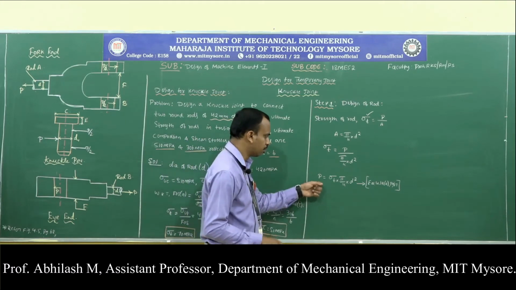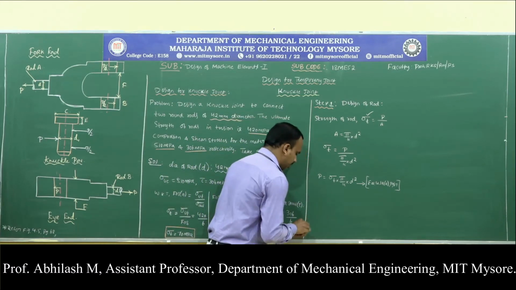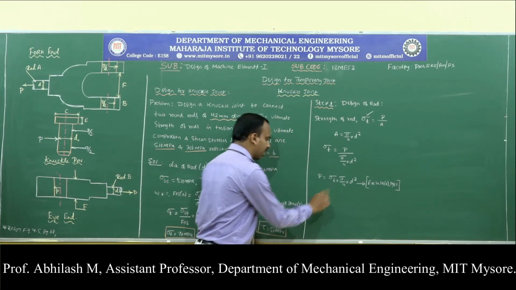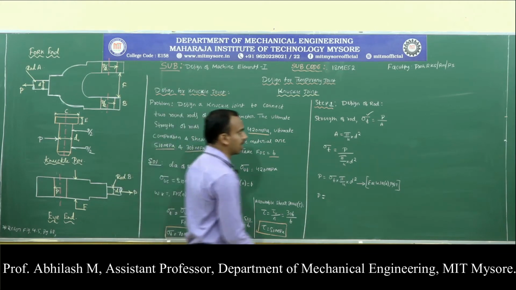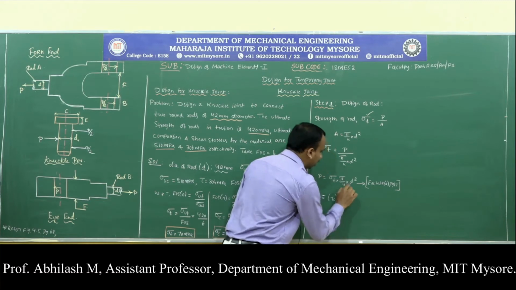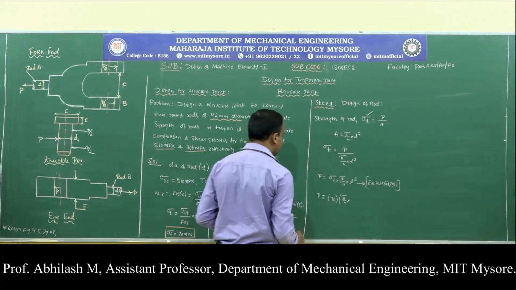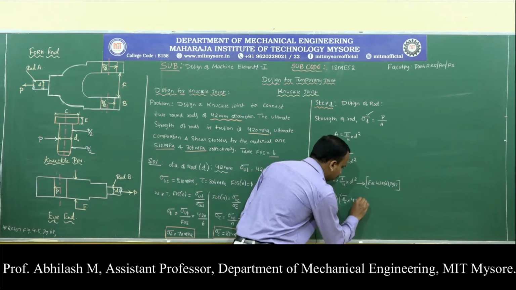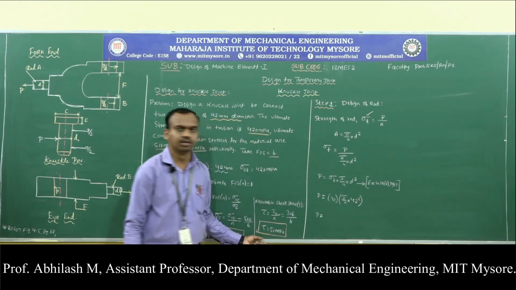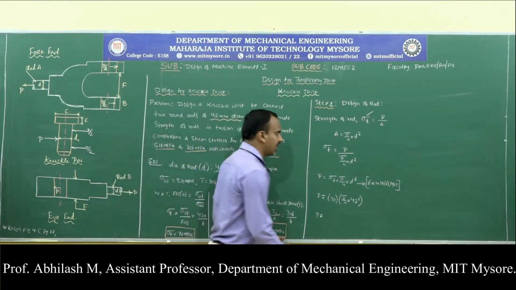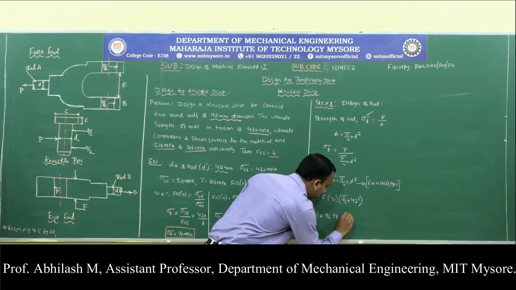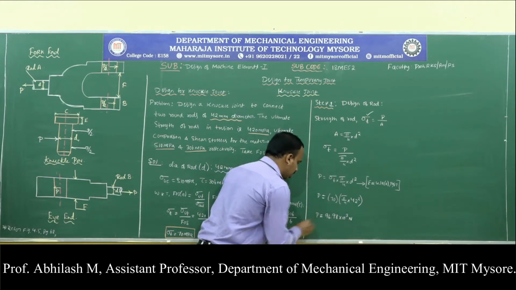So now I am supposed to calculate the load that is carried by the knuckle joint. Do I know the sigma T value? I know the sigma T value is 70 megapascal. So it is 70 into pi by 4 into, what is the diameter? The diameter is 42, so 42 square. If I calculate this, the tensile load carried by the knuckle joint, load P, will be equal to 96.98 into 10 to the power of 3 Newton.